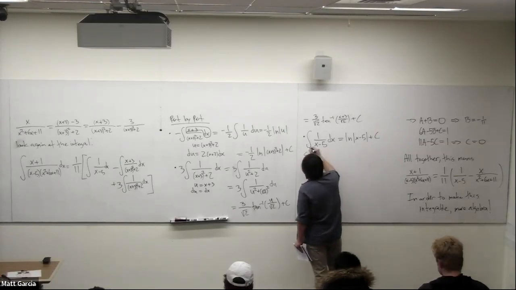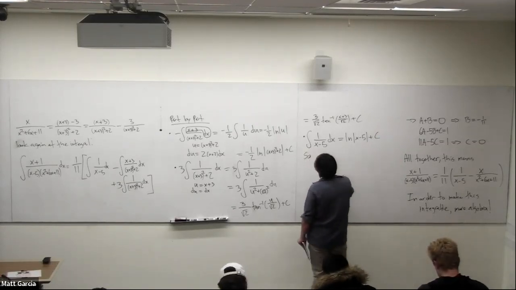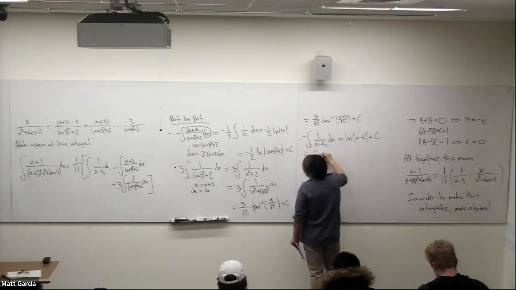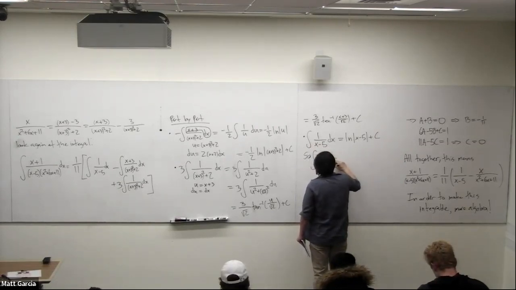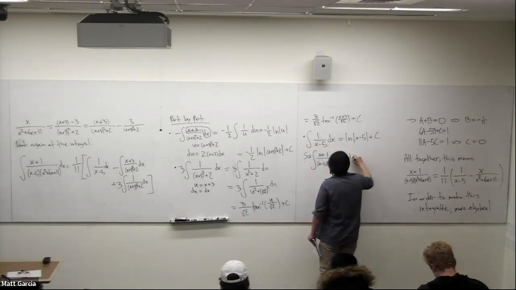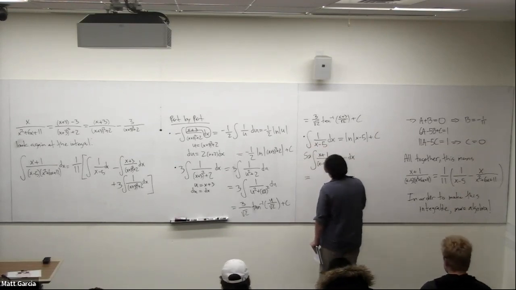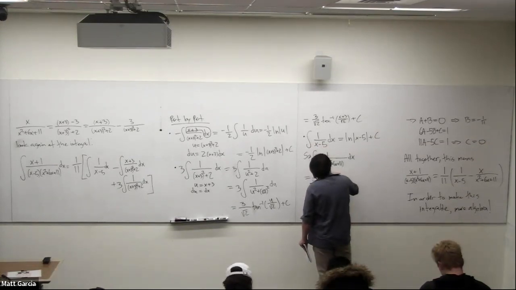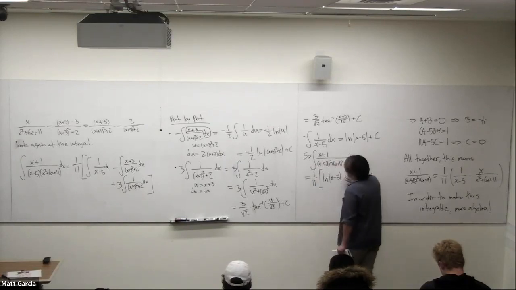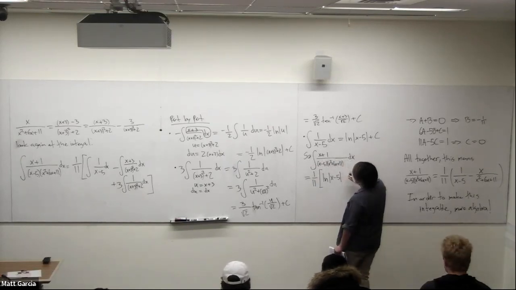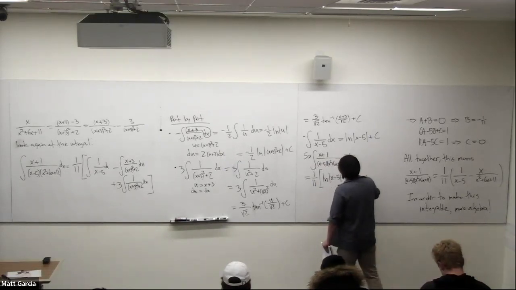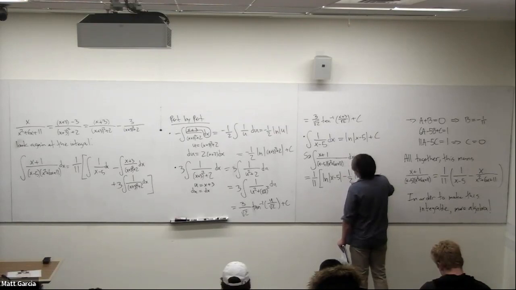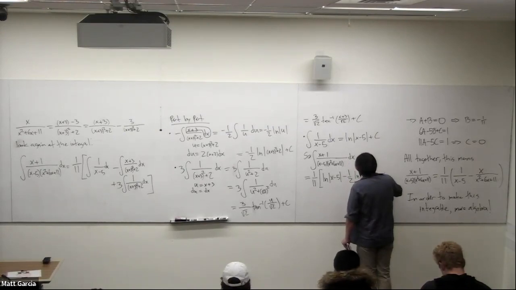Okay, so all together, what do we get? The integral of (x plus 1) divided by (x minus 5)(x squared plus 6x plus 11) dx is equal to 1/11 times the ln of the absolute value of x minus 5, minus 1/2 ln of the absolute value of, well, I can just now write this in the standard format,